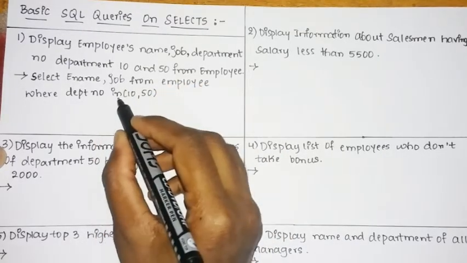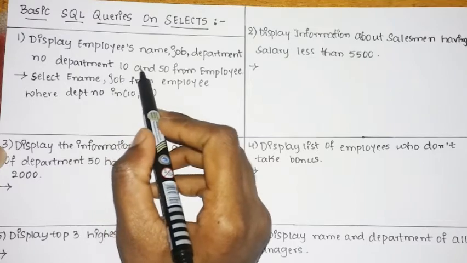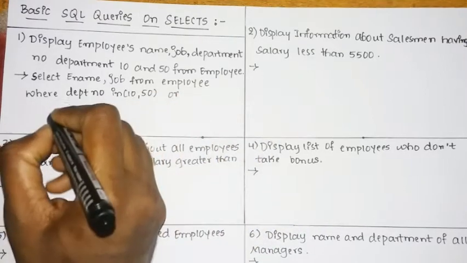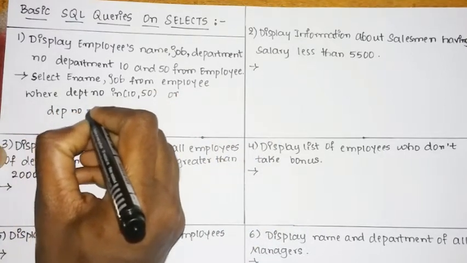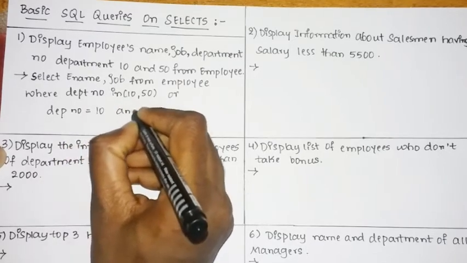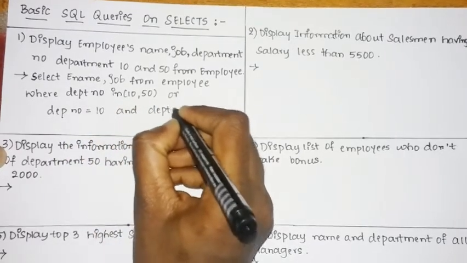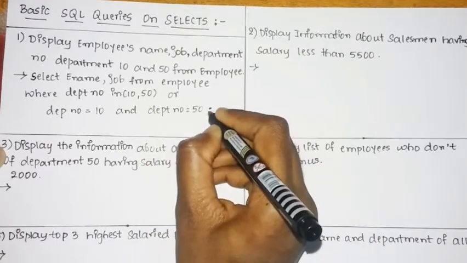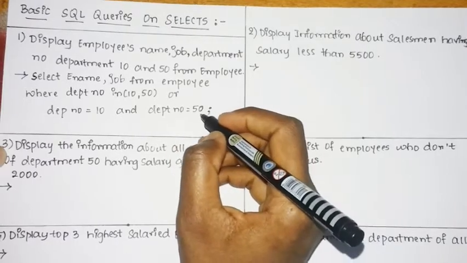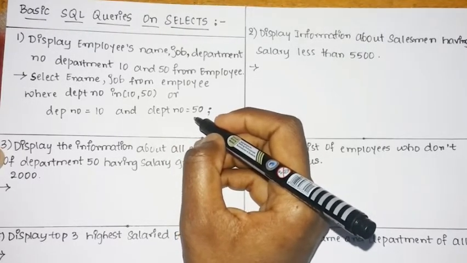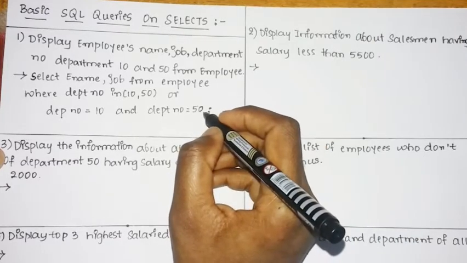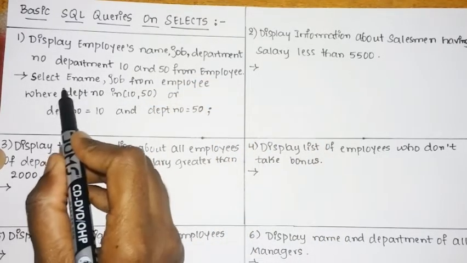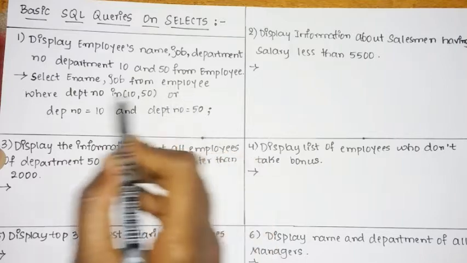So you can either use the in clause in order to specify 10 comma 50, or you can write separately like department number equal to 10 or department number equal to 50. So both of these work. After that you can end it with the semicolon. Some of the databases support semicolon, like if you do not specify the semicolon it gives a syntax error. Some of the databases do not support semicolon, and even if you do not provide a semicolon it runs. So this is the first query, where you need to display employee name comma job from the employee table where